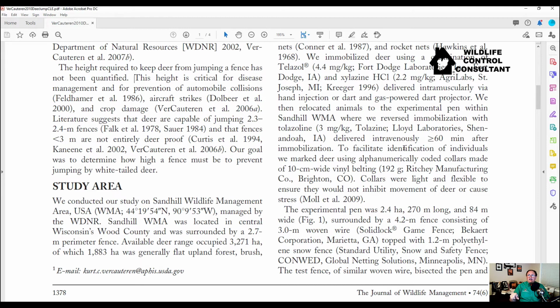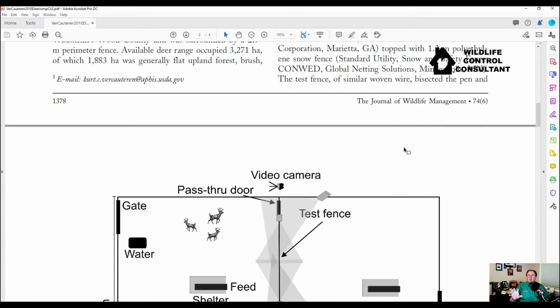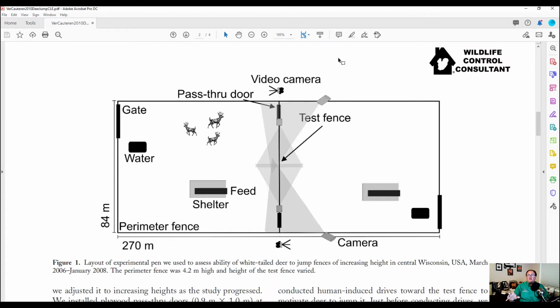It tells you what they did, how they did it, how they structured the experiment. Here we even have a picture of what they were doing. I'm sure you're probably intrigued by this particular article. What they had was a fence. They had a big plot of ground, put a fence in the middle, and then they were feeding the deer, and they had video cameras, and they would stress the deer in some instances and not stress the deer in others, to see if they could get them to jump the fence. And then, of course, they kept raising the fence over time to see how high they could go. That's kind of the experiment in a nutshell.